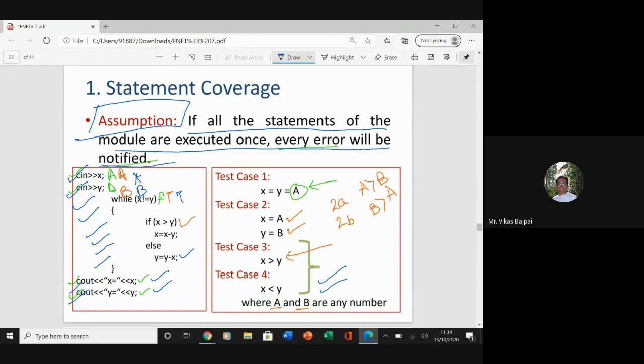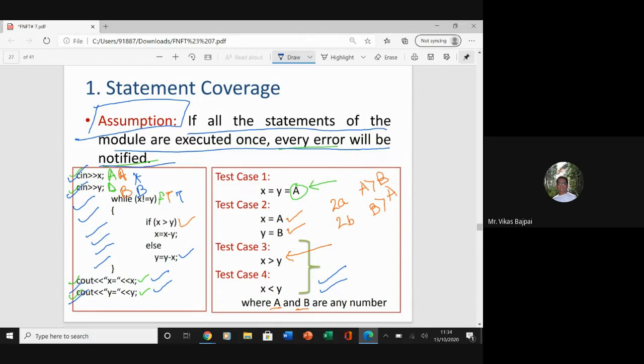I hope you are with me in this discussion, or you have switched off your mics. Okay, fine. Aditi, I can see some people are active. Nisha, Mohit. Okay, I can see some active people sitting in my class today.